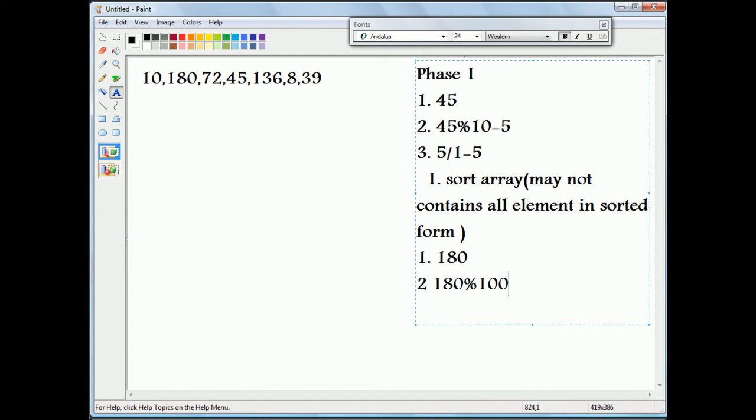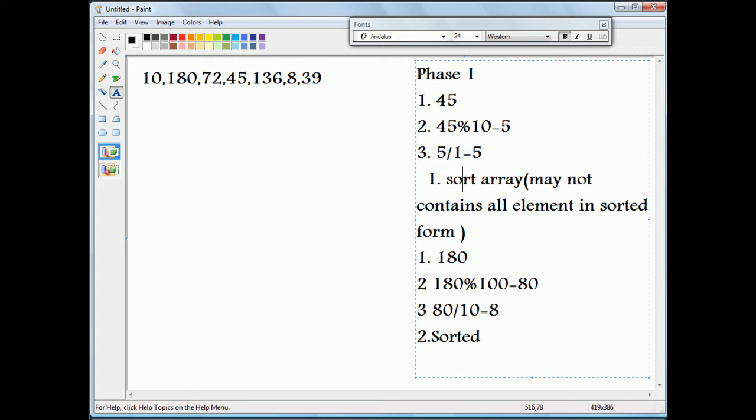So this comes as 80, and here also we will increment the value of the division by a 0. So here what we have as a remainder, earlier it was dividing with 1, now we are dividing with 10, right? Earlier it was 1 here, you can see, now we are going to divide by 10. Alright, so this gives me 8, and again we got a sorted array